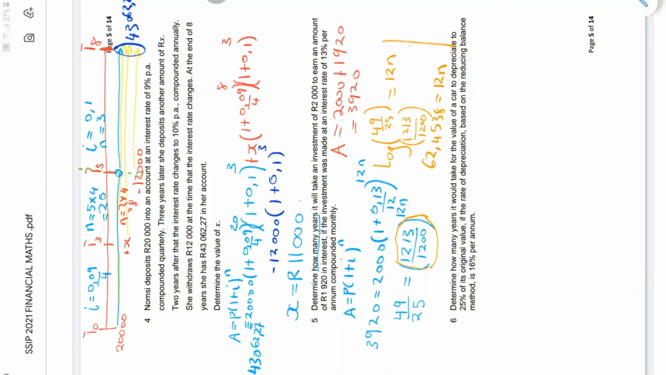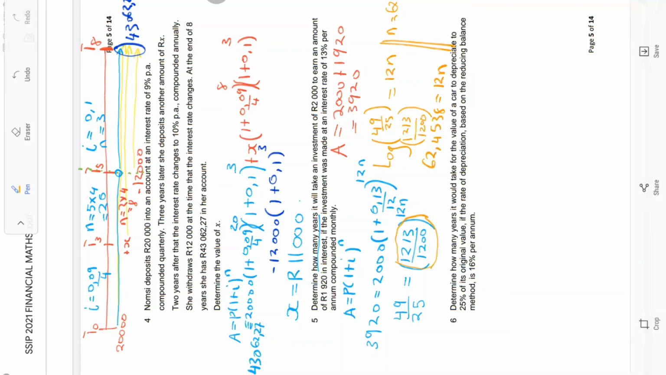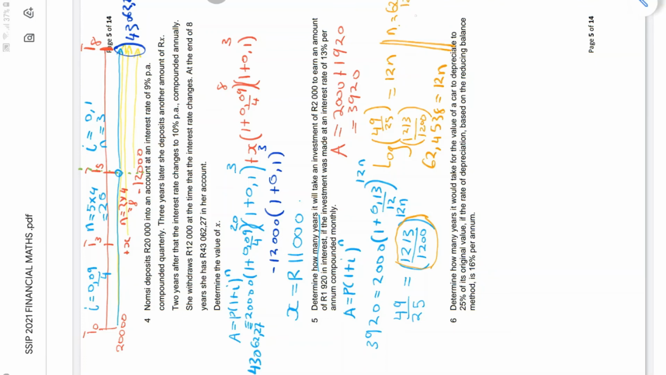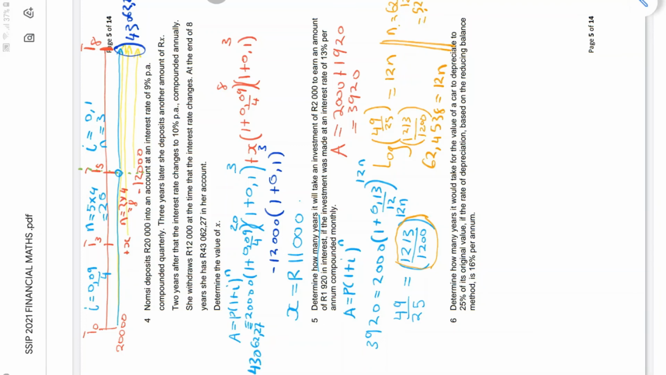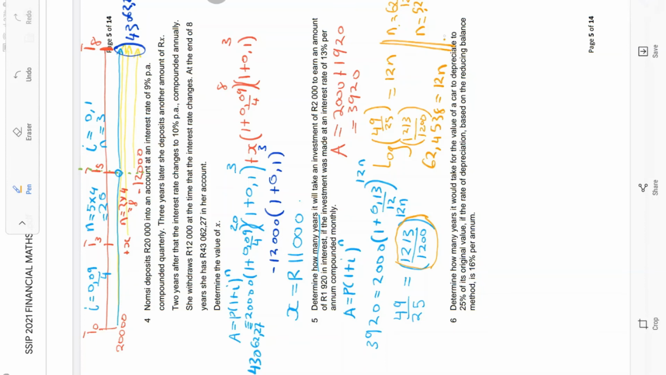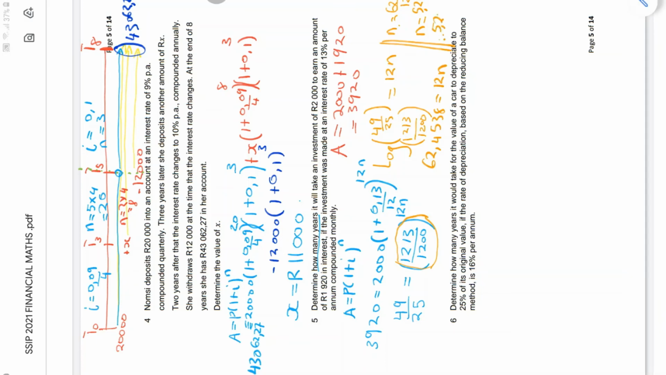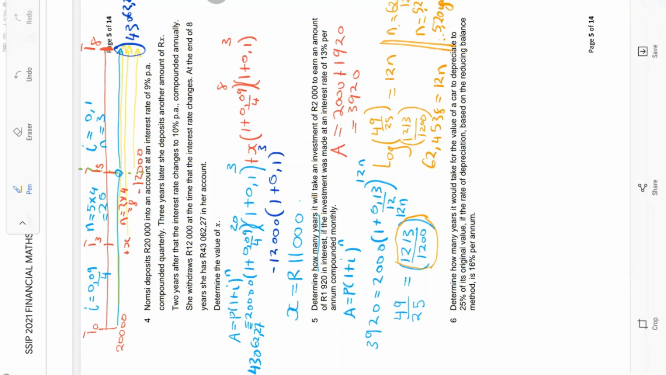And when you divide by 12, that would mean your n would equal 62,4538 divided by 12. This gives you 5,20. So therefore it will take 5,20 years, meaning it's 5 full years and some few months. And then lastly,